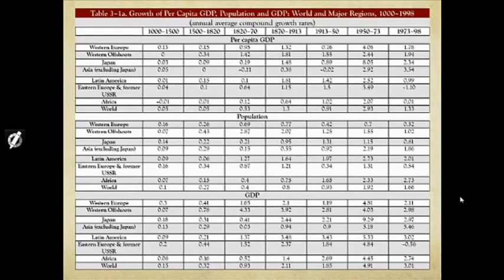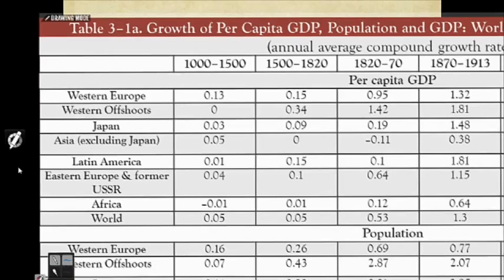Let's look at these charts. These charts are produced by an economic historian named Angus Maddison, published in a compendium called The World Economy by the Organization for Economic Cooperation and Development. Let's zoom in on per capita GDP. Per capita GDP means the amount of product per person. So this is a per person measure, and this is growth of product per person per year. So per year for the 320 years between 1500 and 1820,